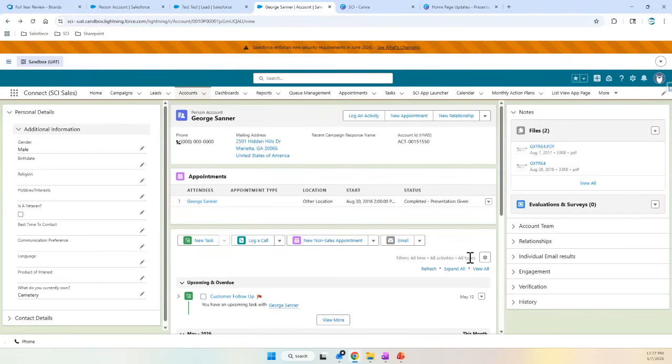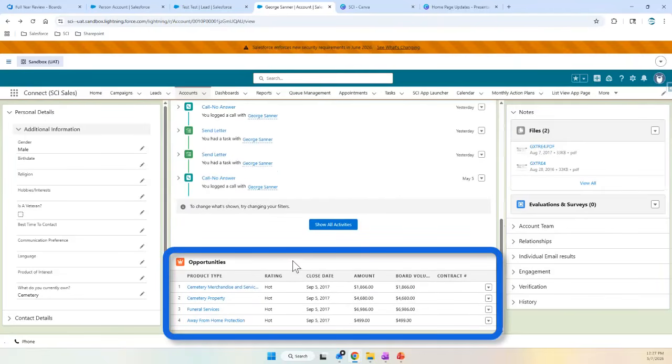Additionally, the opportunities component has been repositioned lower on the page. If we scroll down in the middle, we now see the opportunities are based at the bottom of our page. This is due to user behavior and feedback. Most daily interactions center around the appointments and activities first, so the page structure was updated to better align with